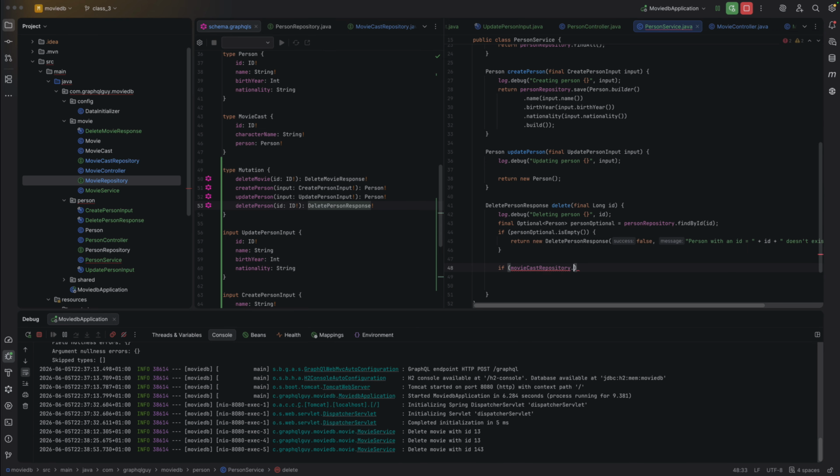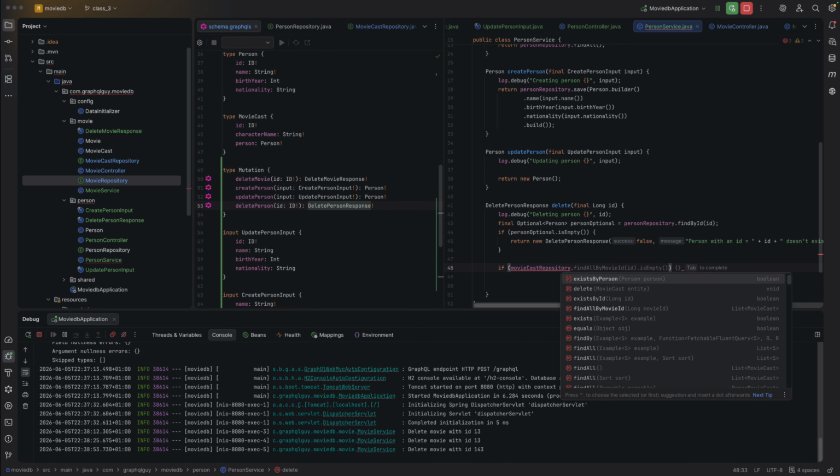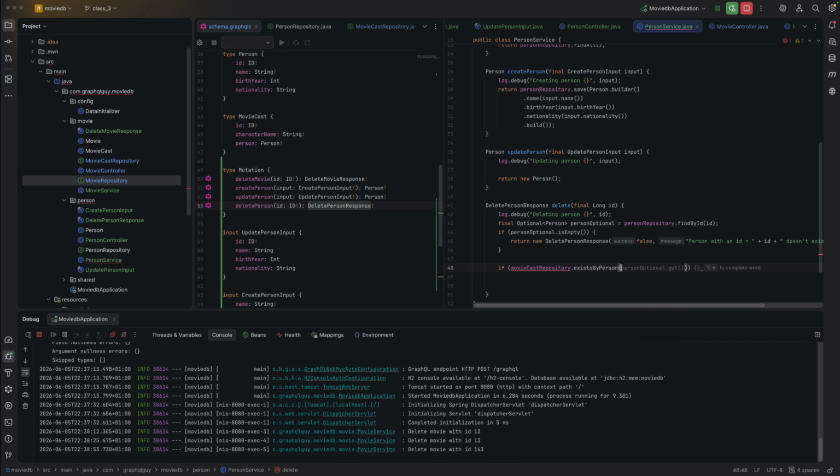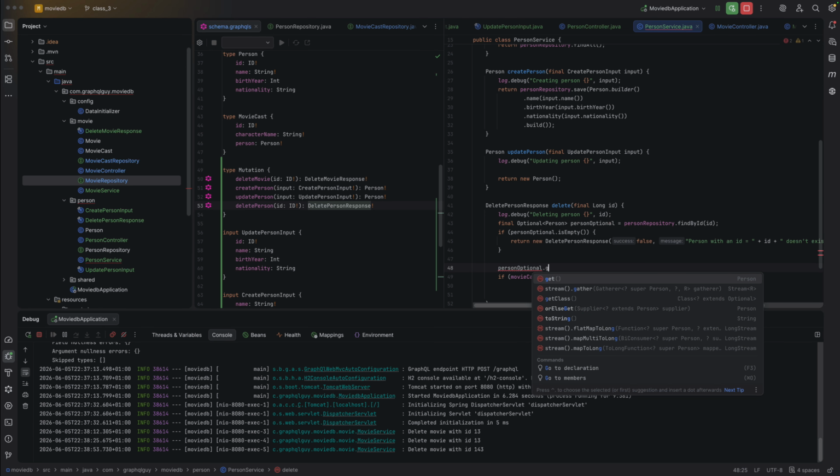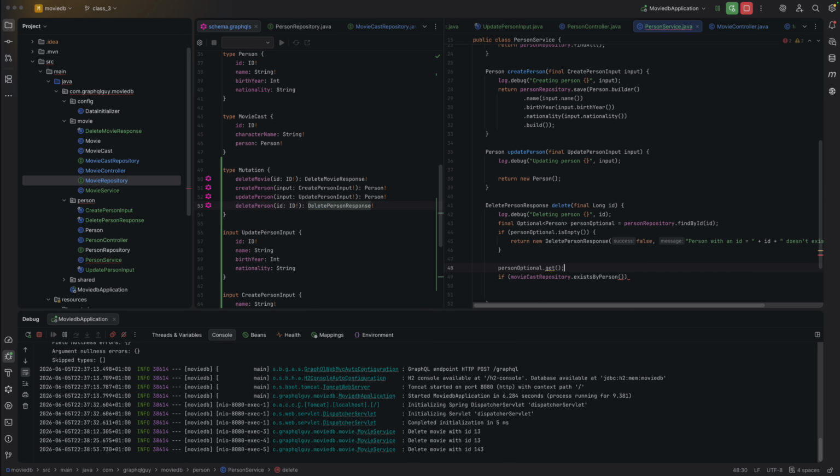So movie cast repository, we check exists by person. And let's just do here person optional get